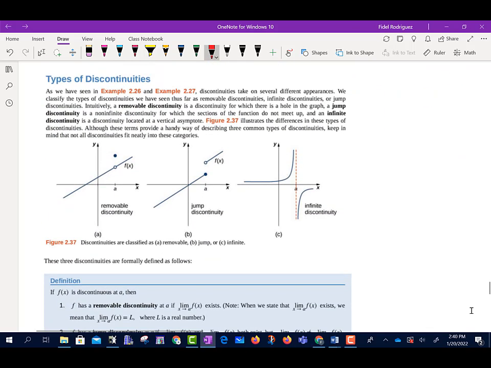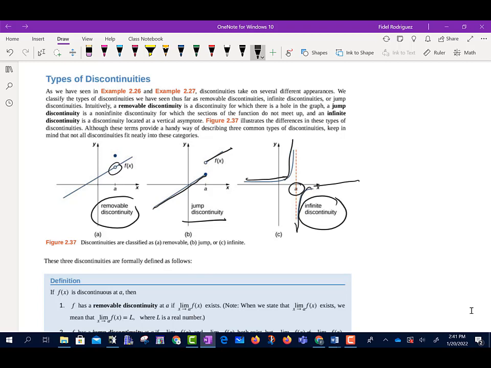Alrighty. So types of discontinuities. So we have something called a removable discontinuity. A removable discontinuity is when you have like this missing point. Okay, that's what we call a removable discontinuity. This is called a jump discontinuity because you can see in order to do this, I have to jump from this point over here to this point. And then we have something called an infinite discontinuity where when we take the limit as x approaches whatever particular value, a that is, from the left to the right, it's either going towards positive infinity or it's going towards